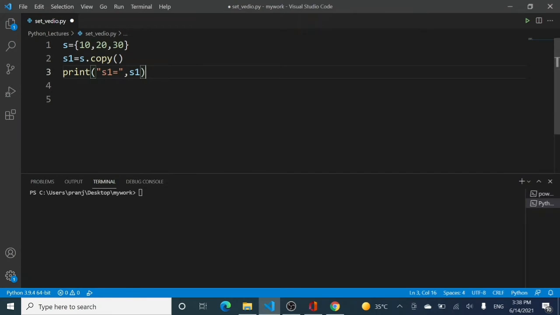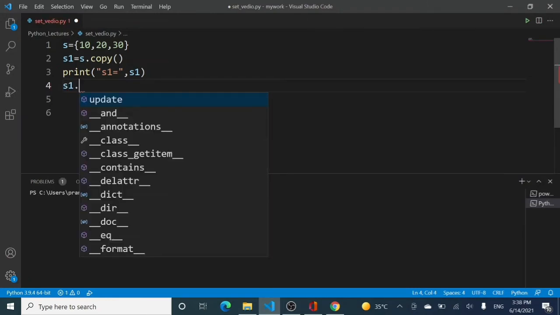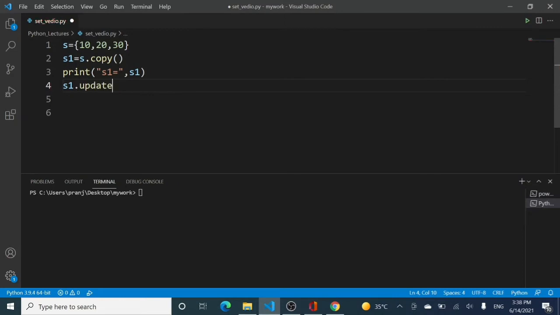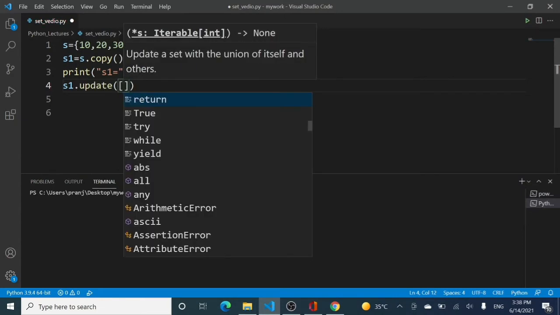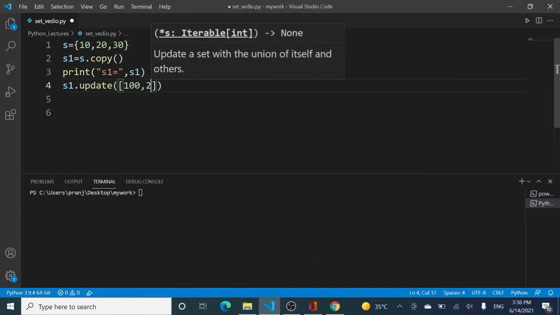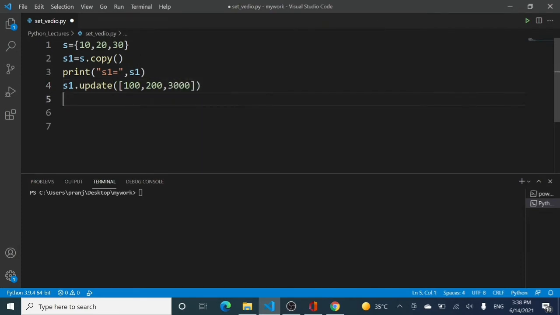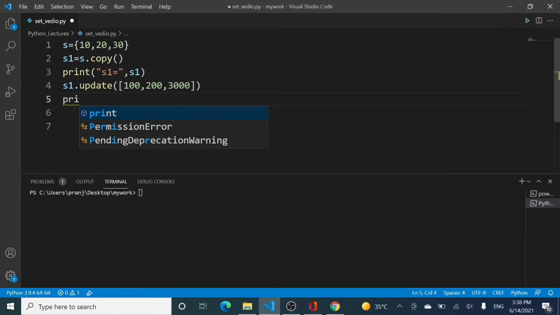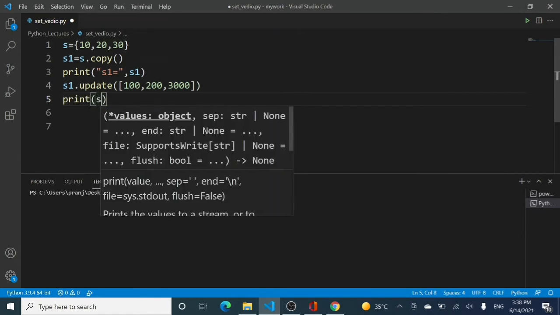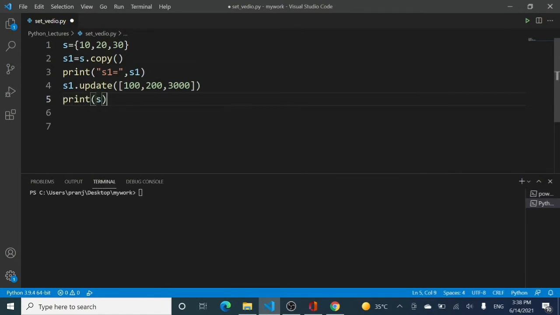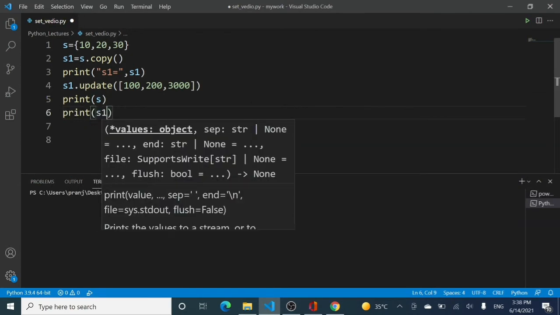Now change the value of S1, like S1 dot update, and in update add 100, 200 and 300, or 3000, whatever it is, because we just want to check the values. And now you print S, and again here you print S1.